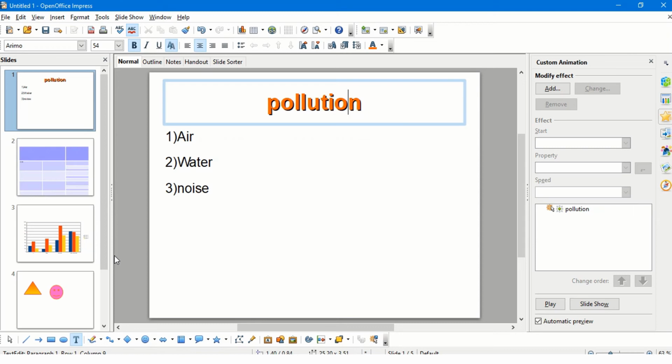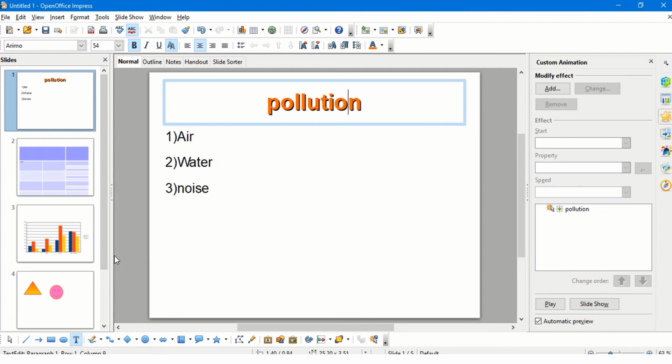And motion path helps me give certain types of movements in the slide, that is moving the object in the slide itself using the different options, that is diamonds or stars or pointed star. All these are the different types of animations which can be done, that is entrance, exit, emphasis, and motion path. We can also decide on the speed of the animation however I want. Animations can be done to any object on the slide. We just have to select the object and give the necessary animation.